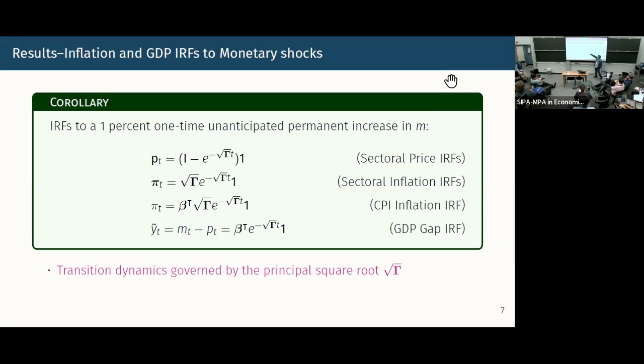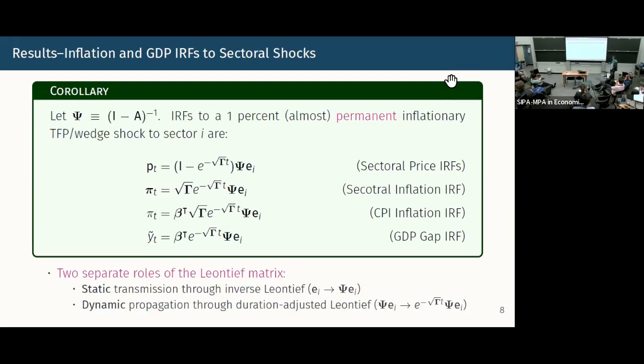Now, this one captures the fact that with respect to a monetary shock, all prices should rise by 1% in the long run. Now, if I go to sectoral shocks, the persistence part is going to stay the same. The only thing that's going to change is that what should happen in the long run is no longer the fact that prices should increase by 1%, but the fact that in the long run, the pass-through should depend inversely on the matrix multiplied by the sectoral shock that's happening in the economy.